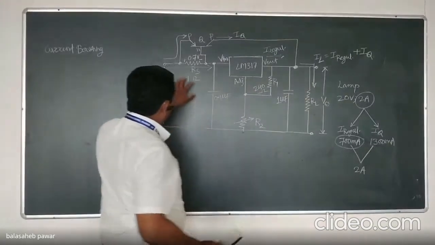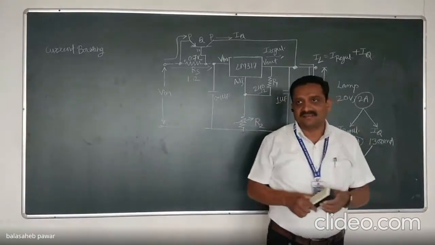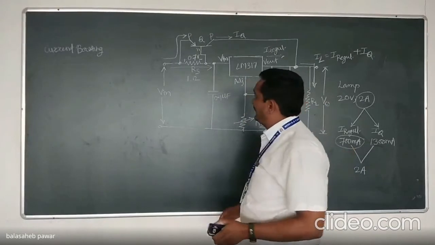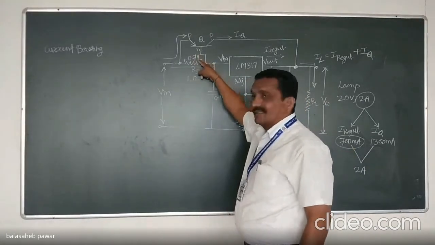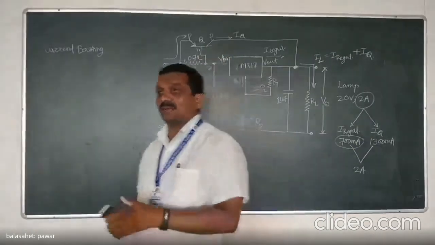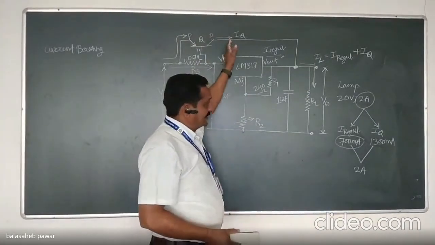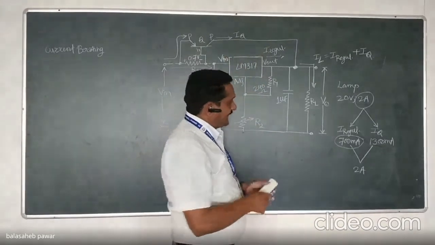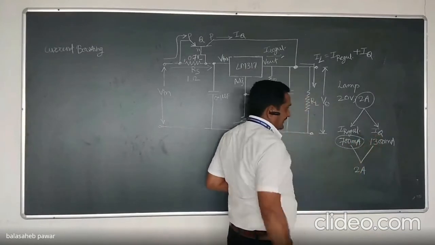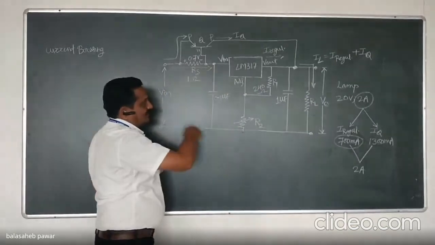If the drop across this RS gets slightly increased above 0.7 due to somewhat more current flowing through LM317, that means beyond 700 milliamperes, the drop also will increase. Then again the transistor will start to conduct heavily, or we can say it will be more and more forward biased, and hence that current will be more. So these two currents get limited as 700 milliamps from the regulator IC and the remaining from the transistor. And such a load can easily be powered by this circuitry.